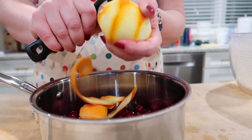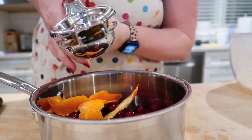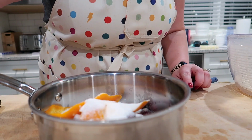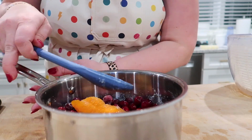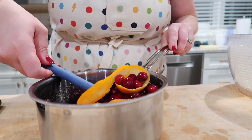orange, and then so as not to waste the orange, I'm gonna go ahead and squeeze the juice in there as well. I'm gonna add about 2 tablespoons of water, and then we're gonna add 1 cup of just regular white sugar. So I'm gonna give this a stir, and I'm gonna cook this over low heat. And all in total, we're probably gonna cook this for about 20 to 25 minutes,